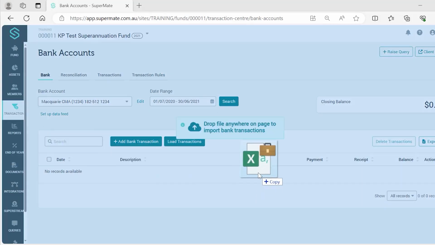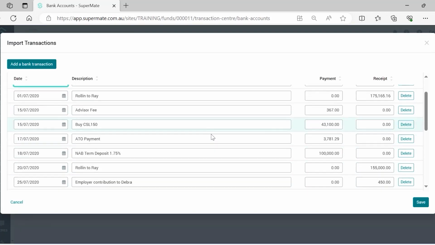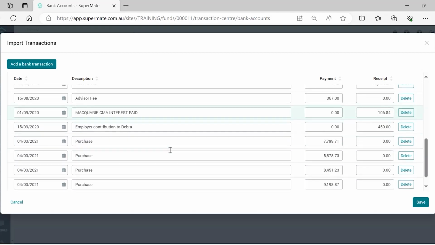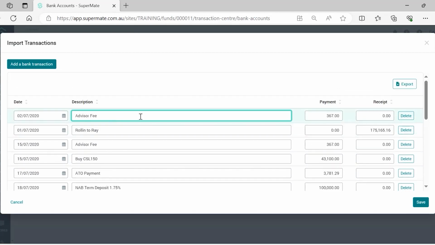A CSV file can be uploaded here. The drag and drop option can be used and the file can be uploaded. Once done, the system will show us all the transactions that have been recognized, and if required, before saving these bank transactions, they can also be modified on the same screen. For example, the date can be changed and then we can click the Save button so that the updated data